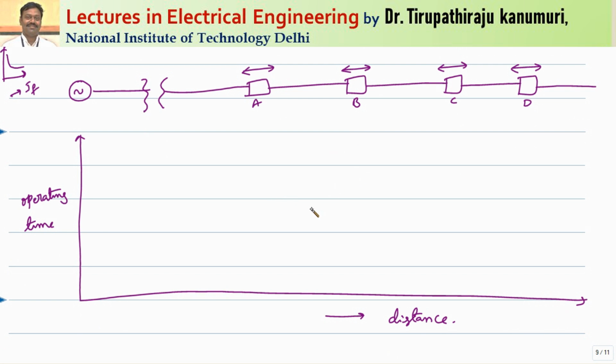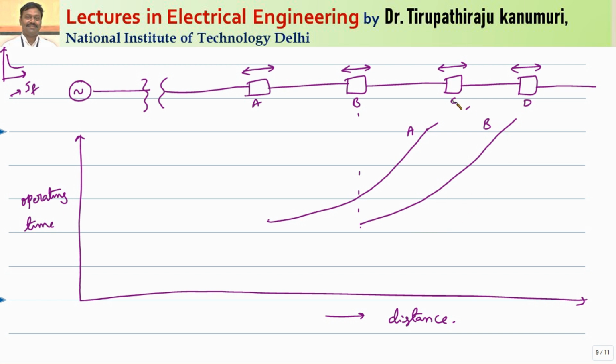So what will be done, if you take relay number A, relay number A is set like this. Minimum time will be required for operation. So it will have the characteristic like this. This is the relay at A. The relay at B also has similar characteristics, so it will start around here and have the characteristics like this. So it will operate in this way. The time goes on increasing like this, because I cannot plot in this small space, so I am drawing like this. This is for relay number B.